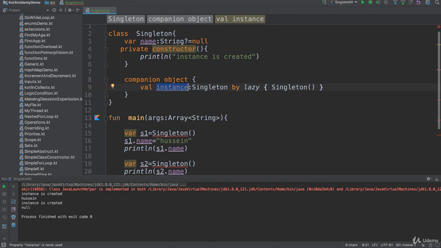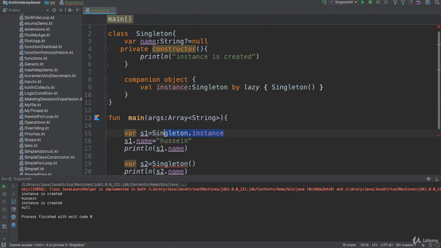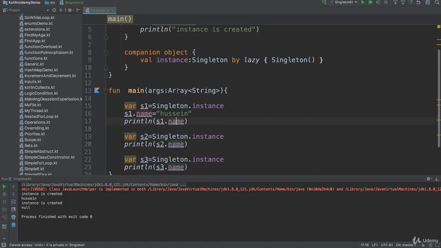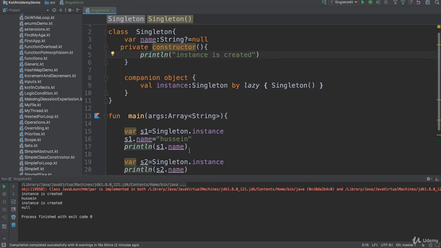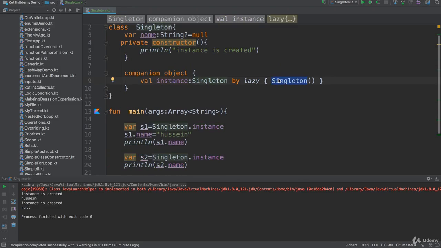Now if I want to create an instance from Singleton, I just say Singleton.instance, and also this one I do Singleton.instance and Singleton.instance. But what will happen now? The lazy function, when someone calls it the first time, will create an instance. It will call the constructor, and because it's private, it will call it inside the class. It could call it, so it called it and created the instance. When the second one wants to create another instance,